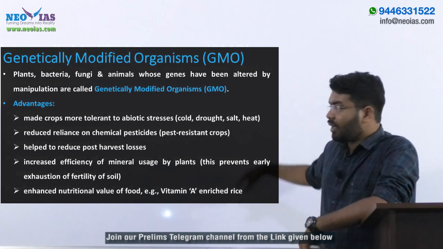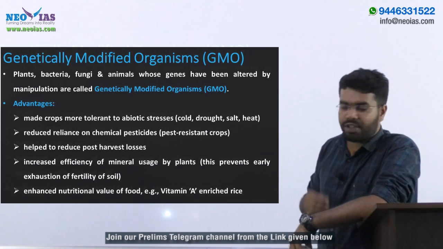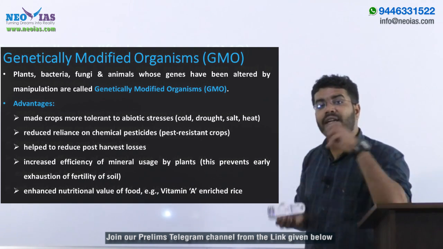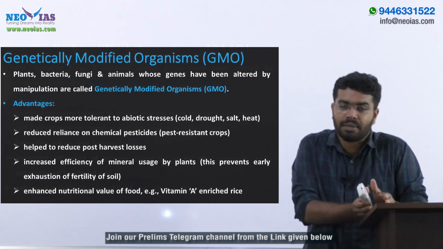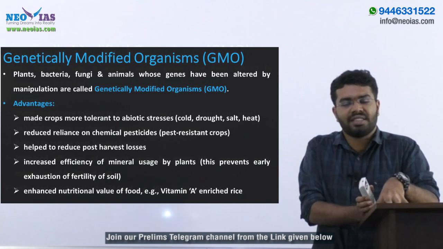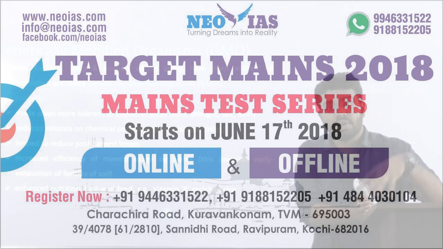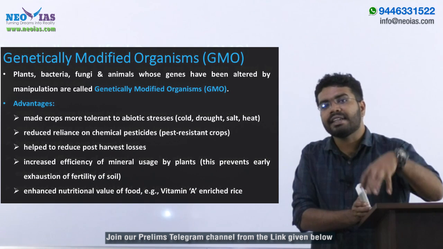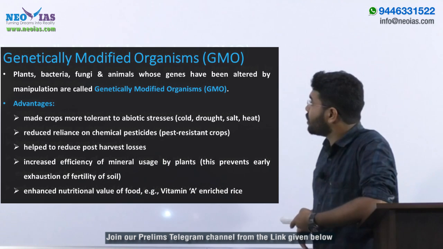So after all the above advantages, ultimately what we have is advanced quality of food, advanced nutritional value of food, vitamin A enriched. We can alter the genes according to our needs. Some modification is done for pest resistance, some for weed resistance, some for good nutritional value, etc. If all these qualities are incorporated in genetic editing, then it can give a very good variety of genetically modified organisms. That is the whole concept.